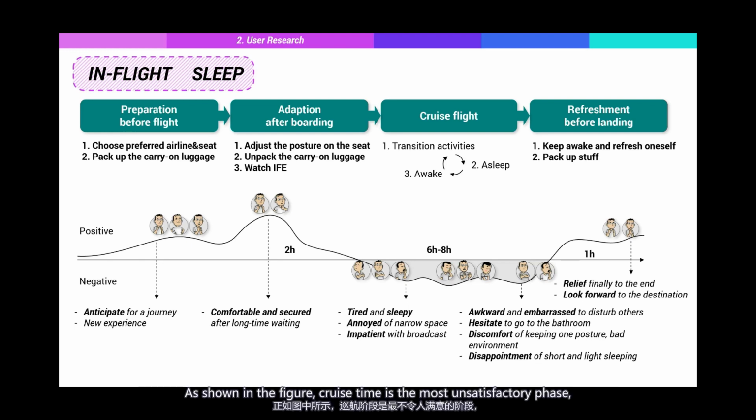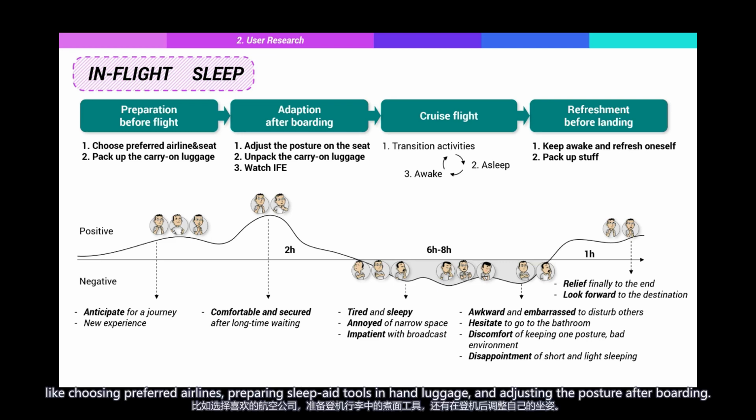As shown in the figure, cruise time is the most unsatisfactory phase, where most negative emotions appear, because passengers are stuck in the loop from being asleep and being awake. Also, they would feel embarrassed when they want to use the toilet, but not sure if their neighbor would be disturbed. The journey map also indicates that more activities are performed during the other three phases, like choosing preferred airlines,